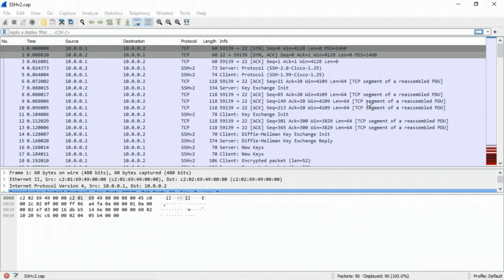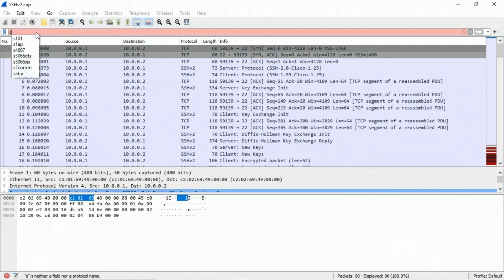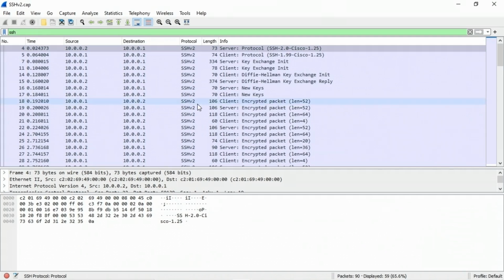I can actually filter for SSH by typing SSH as a protocol in the bar at the top. It turns green and then I press enter. So all I'm doing now is looking for SSH traffic. I've got the source and destination IP addresses. I've got the length of transmission, a bit of information. Of course, if I select any one of these packets down below in the center, I can expand the packet